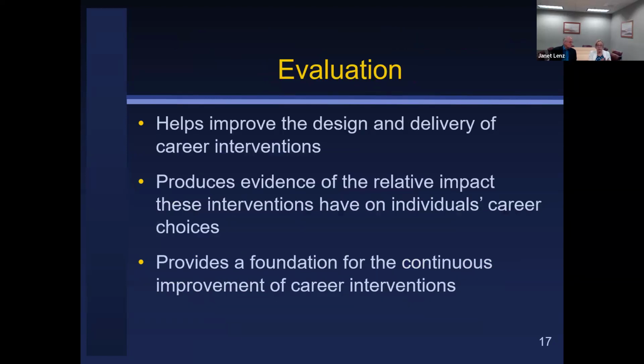Now, there is a critical element in designing and implementing career interventions, and for lots of reasons, it is the evaluation and accountability pieces. We talk about this in the handbook. Nowadays it's just a critical aspect of anything you do to say, what did you do, and did it work? Did it actually create change for the person? Part of it is also, if we're going to spend the time and money to implement this, let's have some evidence that it actually works. And also, if you're going to keep doing it, how do we make it better through the information we gain in the evaluation process?